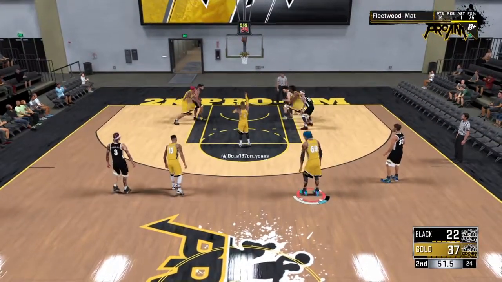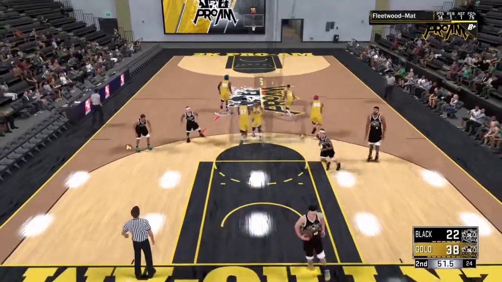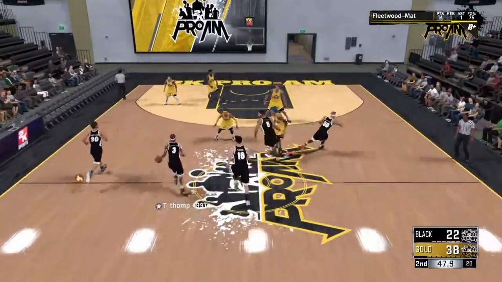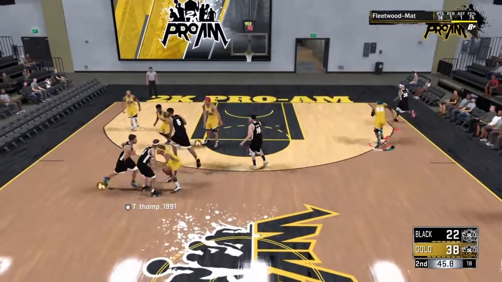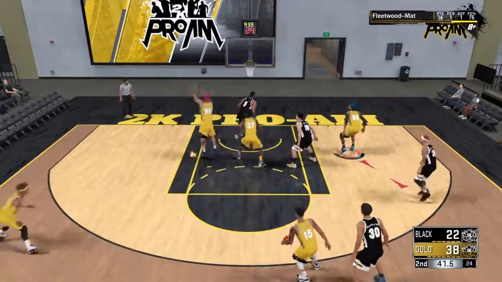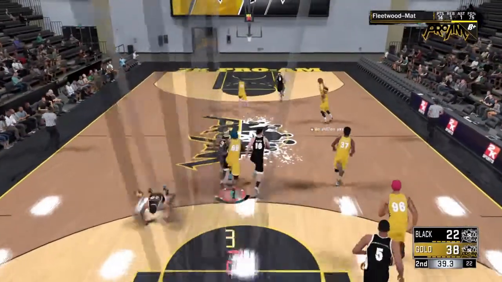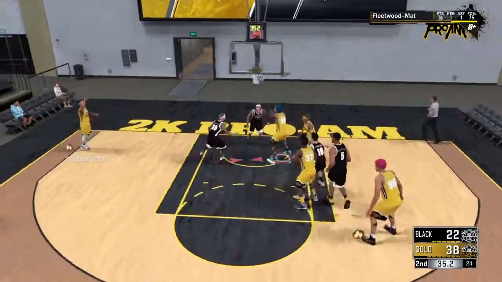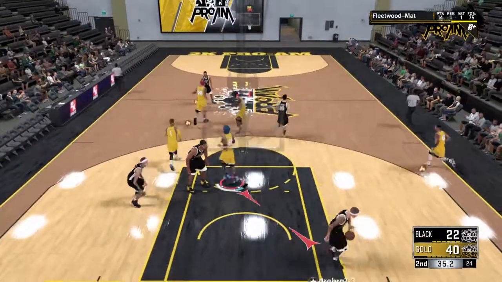A lot of it is the post spinning, but also recognize when they're taking that away, because a lot of times good players will do that. They'll just block off your spins, and really the only way you're going to get anything around them is to go right over them with a fadeaway. And the way to do that is